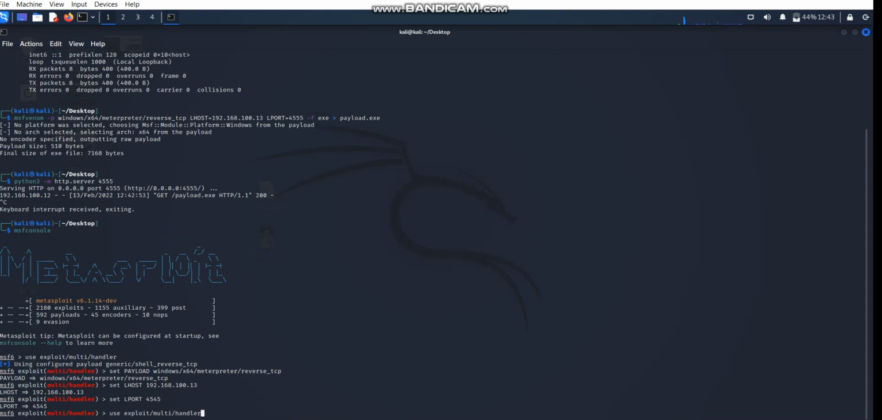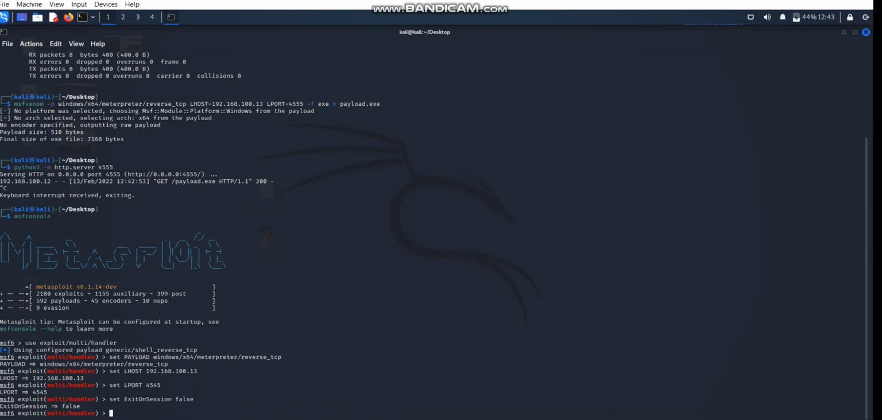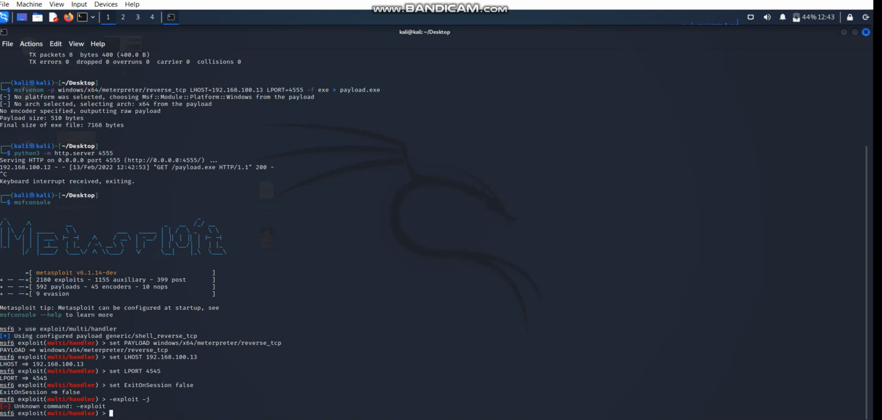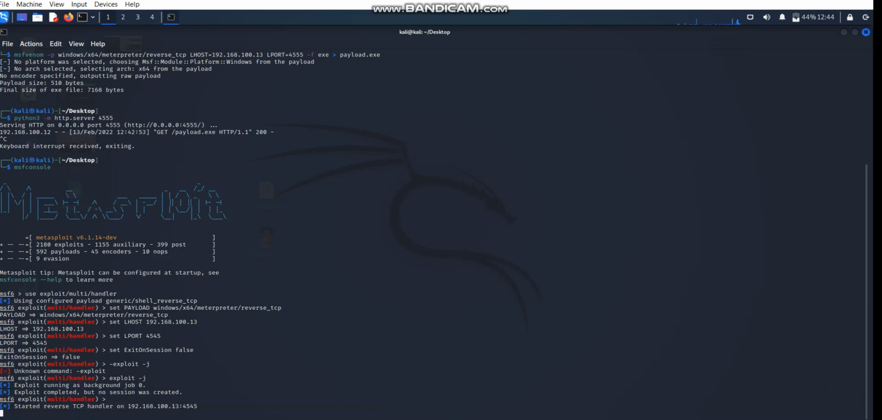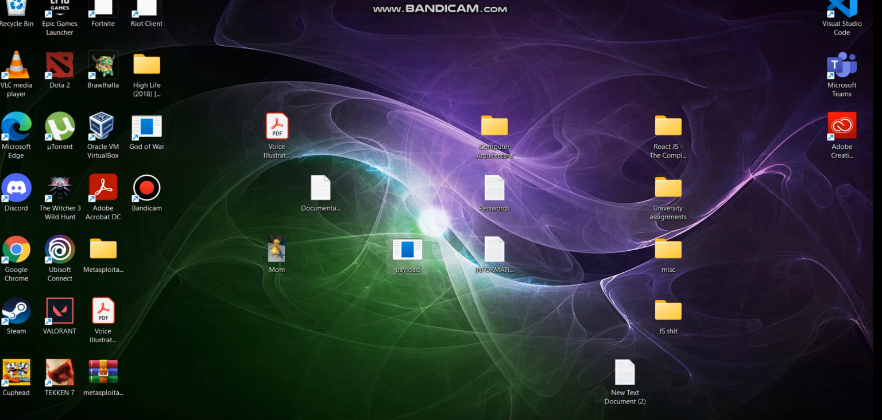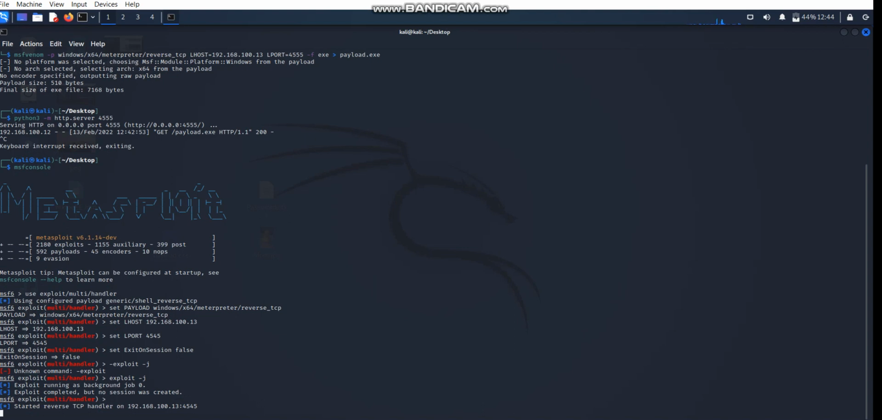Also, one important thing is that the exit condition has to be false. Once that is done, I will now execute the payload. So now it is looking for the victim machine's IP address, and I will execute the payload from here. Once that is done, it will show the